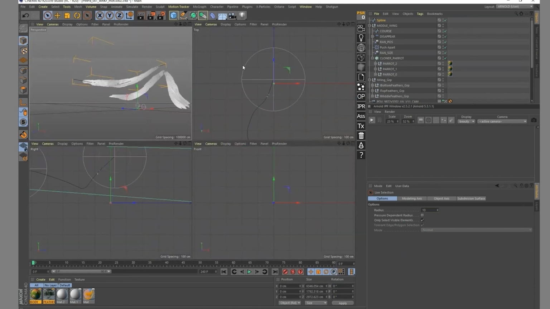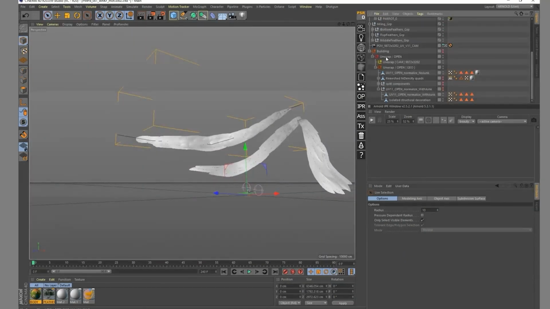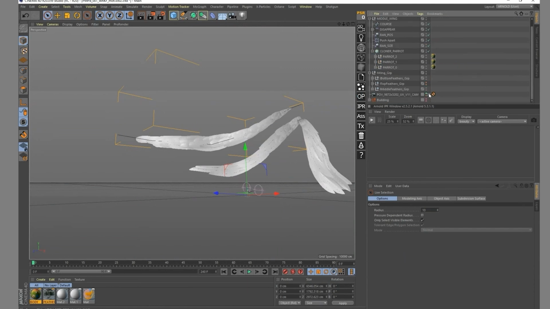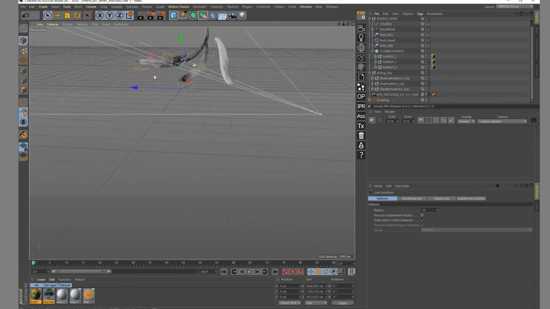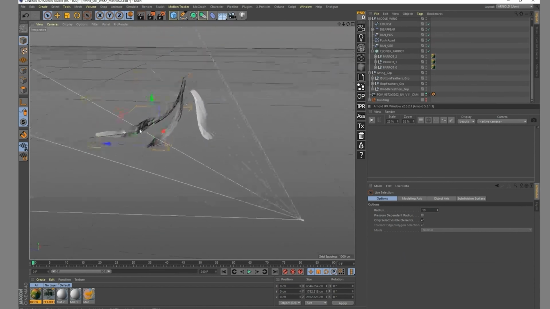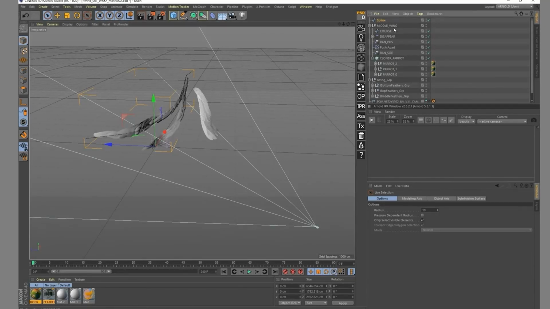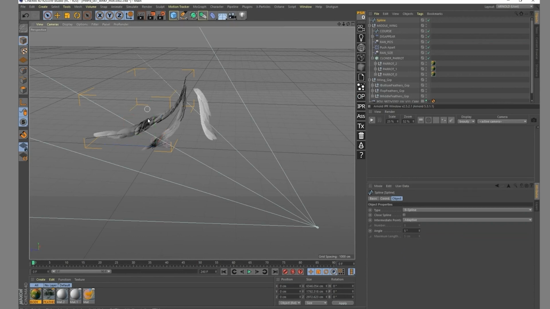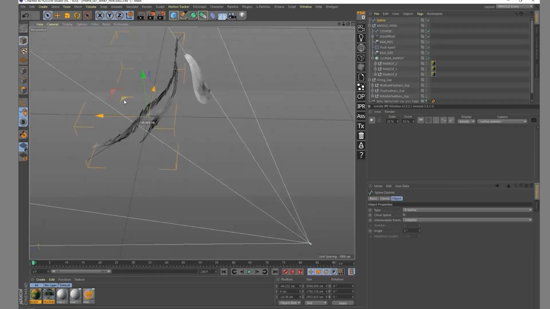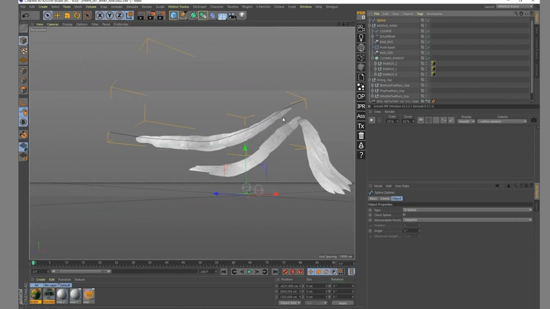And if I'm looking at my scene from another camera, because I need to render it from the point of view if I want it to work with the projection mapping. But if I'm looking at that, it's nice, it's a bit too close to the wing right now. So I'm going to change that, of course, to B-spline, so it's smoother. And if I try to put it in front of my wing, for example, so I'm going to just move that in front because I want the parrot to fly right over there. If I go back in my render cam, everything is messed up. It's way too high, it's kind of problematic.